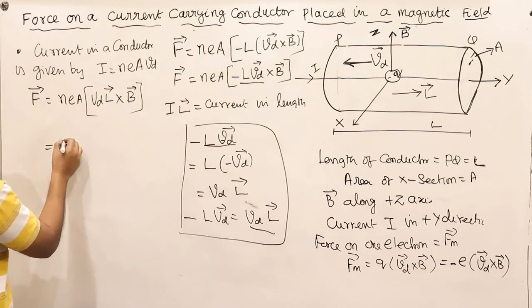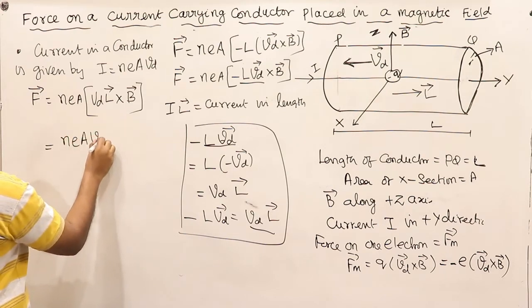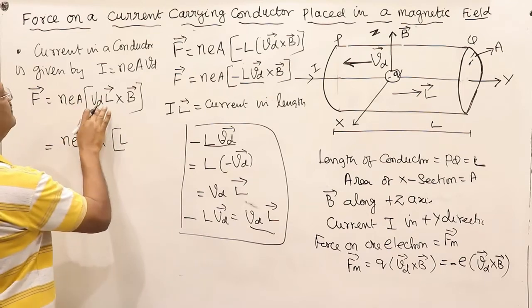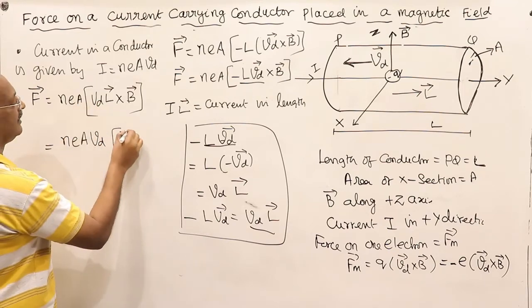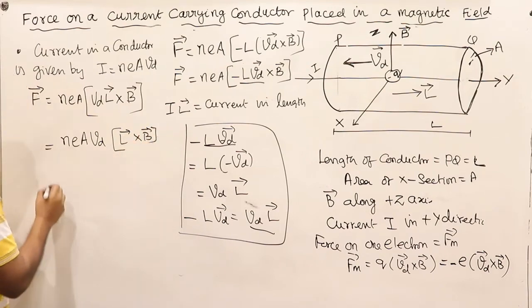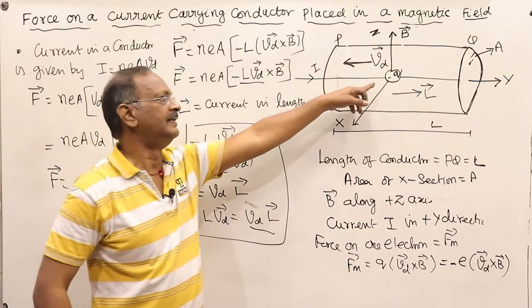So it is equal to nEe drift velocity into, by taking the magnitude, that scalar out, L cross B. So this is the expression for force on the conductor,